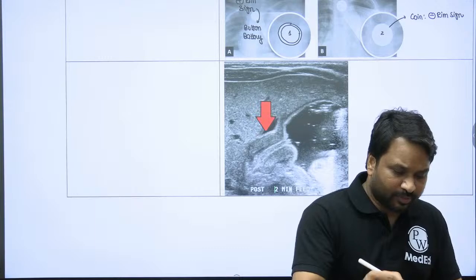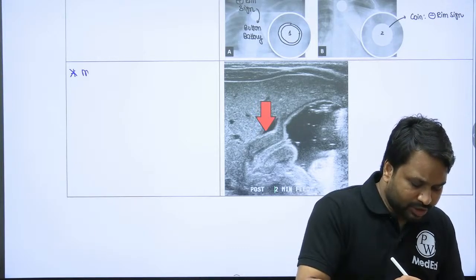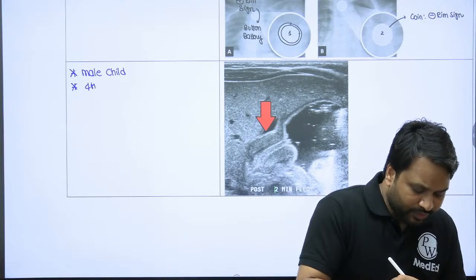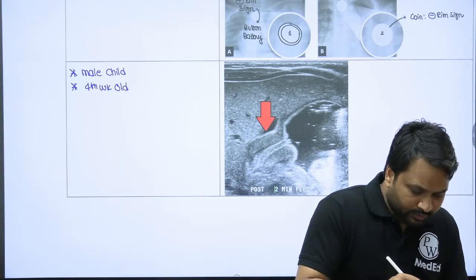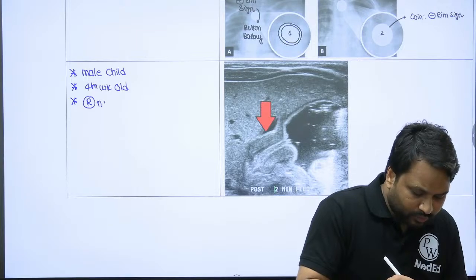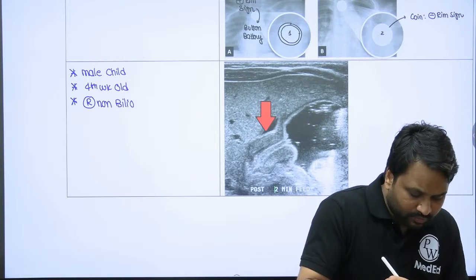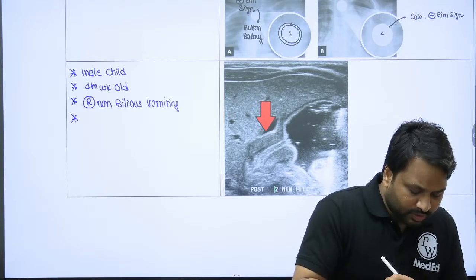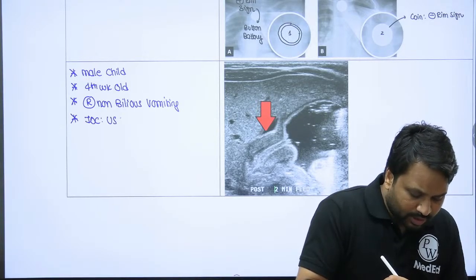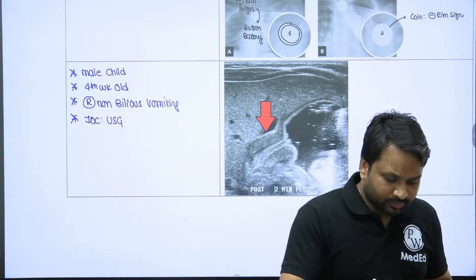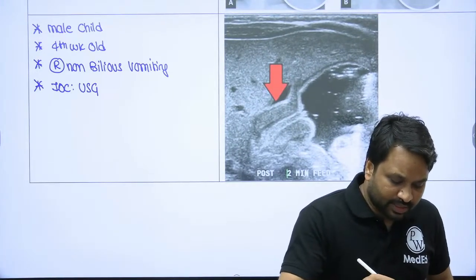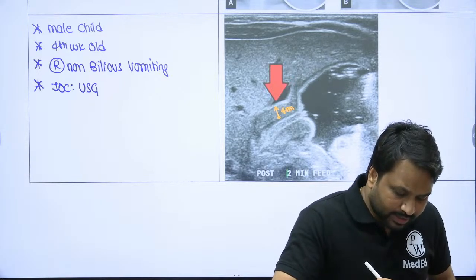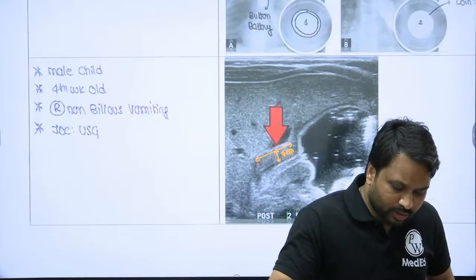Now, if you have a presentation where it's a male child, 4 weeks old, with recurrent episodes of non-bilious vomiting, the investigation of choice is going to be ultrasound. When you do an ultrasound, you will see there is a thickening present. If the length of the thickening is more than or equal to 16 millimeters,